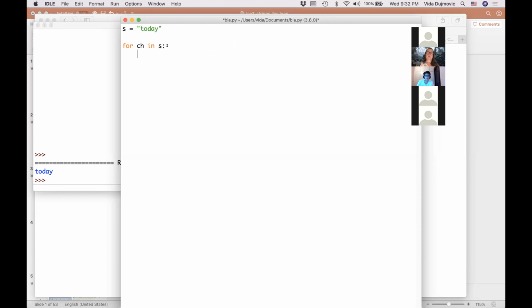Okay. So now you press enter, notice that Python, or at least IDLE, moves the cursor in because everything that is indented, the same way as for if statements, everything that is indented after the for loop belongs to the for loop, meaning it's going to be executed over and over, and I'm going to explain what that means. So this for loop is going to take characters in s one by one and store them in ch. So what you want to do is print ch, okay?